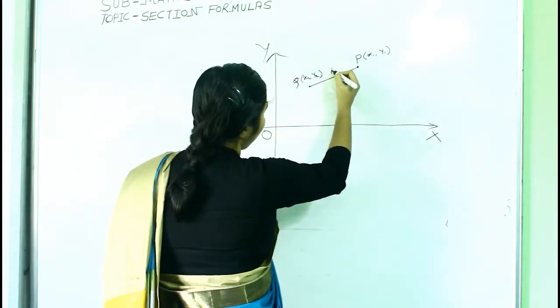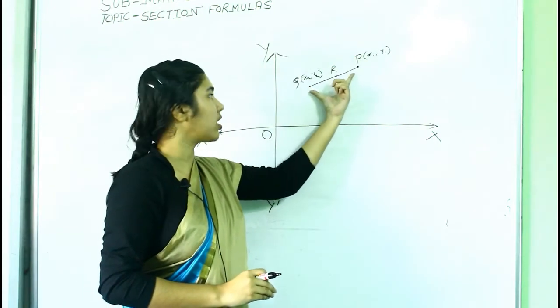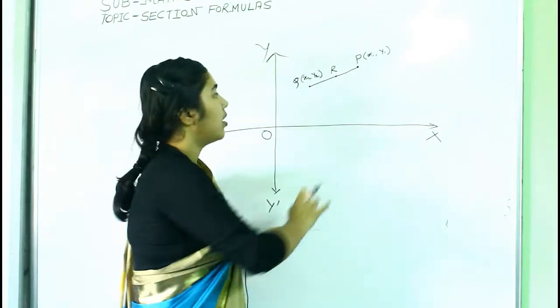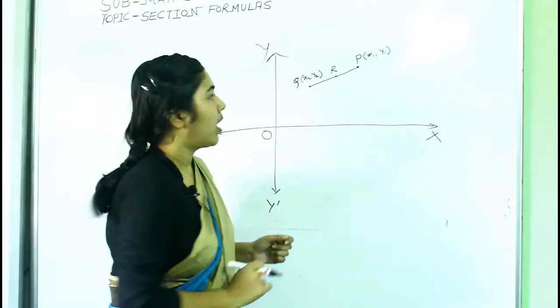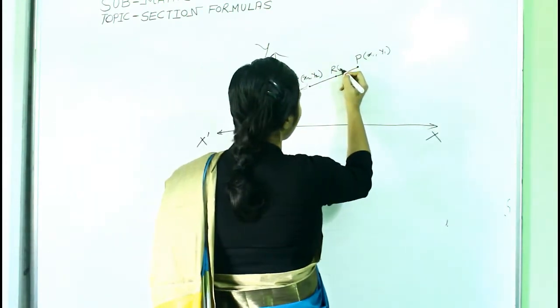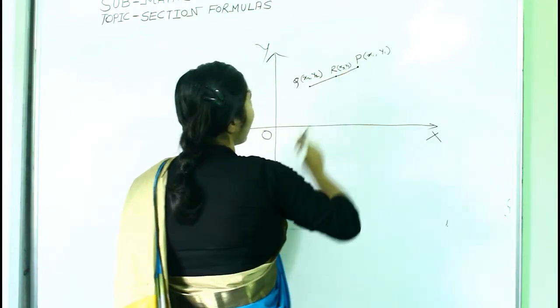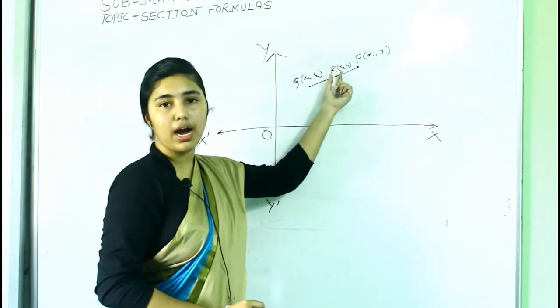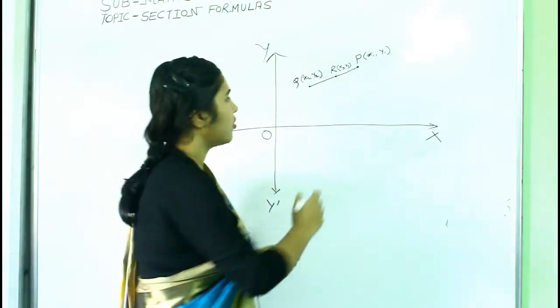Suppose this point R is on the line segment PQ and between the points P and Q. And if the coordinates of R are x3, y3, and this point R divides this line at the ratio m